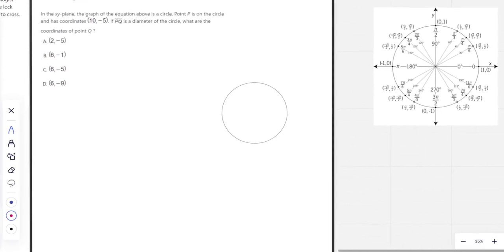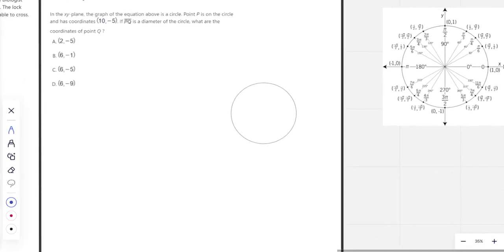Okay. Our next question here. In the xy plane, the graph of the equation above is a circle. And luckily for you guys, you don't have to watch me struggle to draw that circle. Point P is on the circle and has coordinates 10, -5. Okay, let's stop right there and just draw out some characteristics of this circle. I see it's got a center at 6, -5, and the radius is equal to 4, since this is our